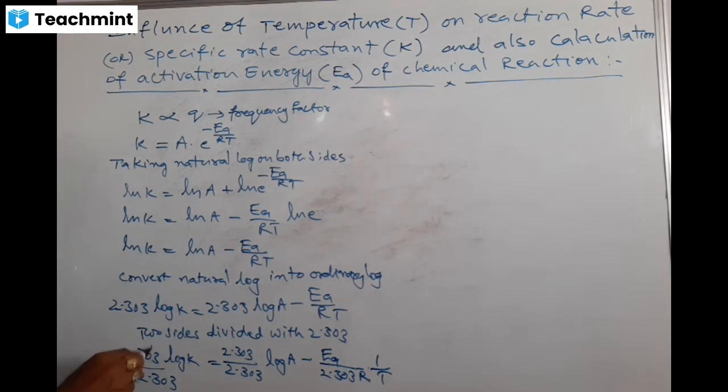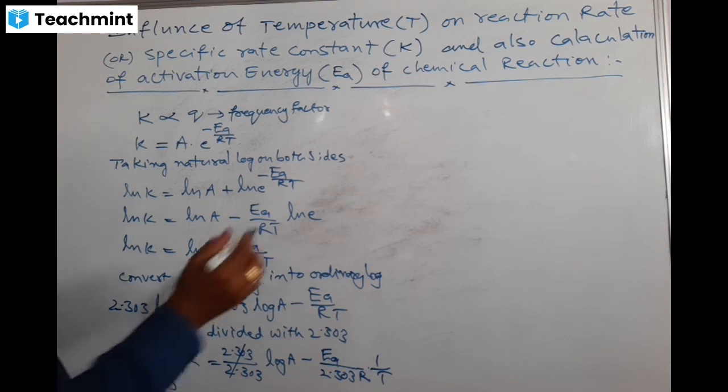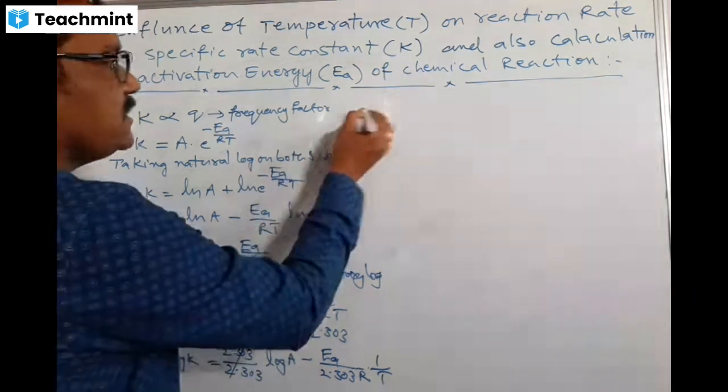See students, these two are cancelled out. Here also there is a cancellation. Finally, you get the relation log K